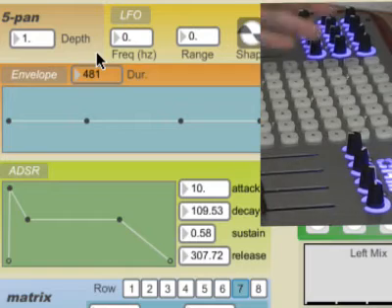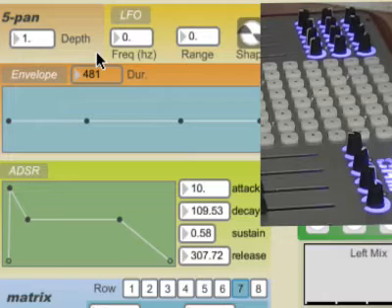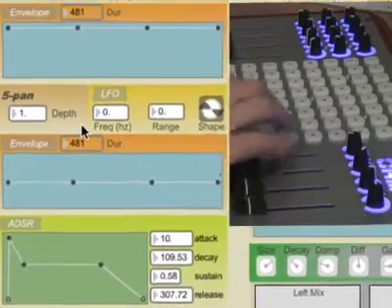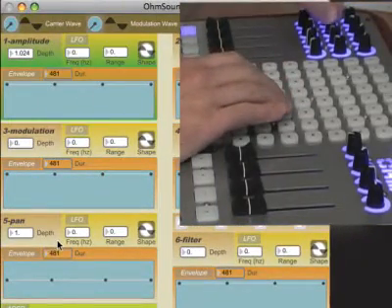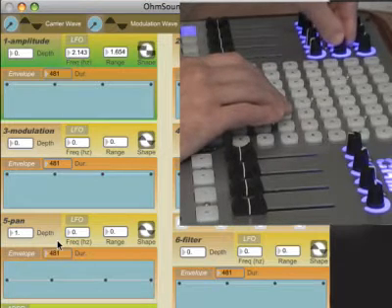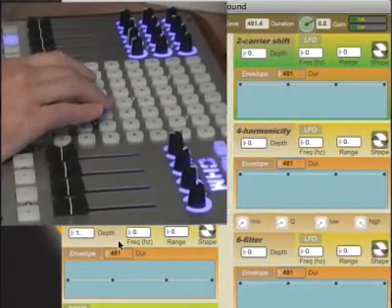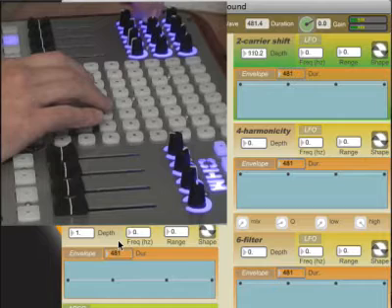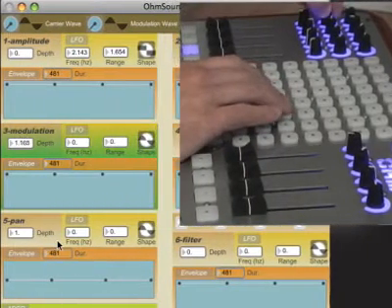So now that we have the basics of the ADSR and amplitude envelope, we can mess around with some of the other parameters and make something cool. So we'll go back to amplitude. I want to set up a little tremolo effect. Carrier shift, we can change the frequency of the carrier and shift that. And if we want to add some modulation,